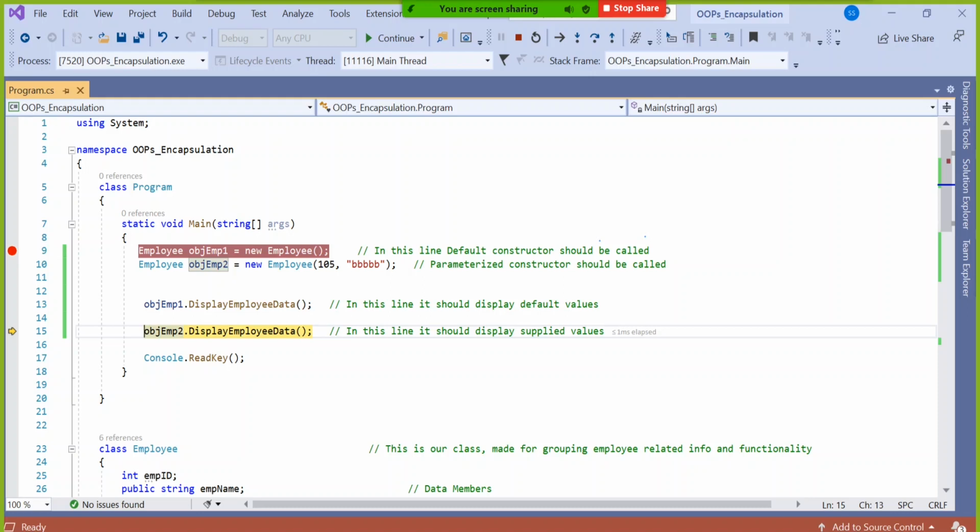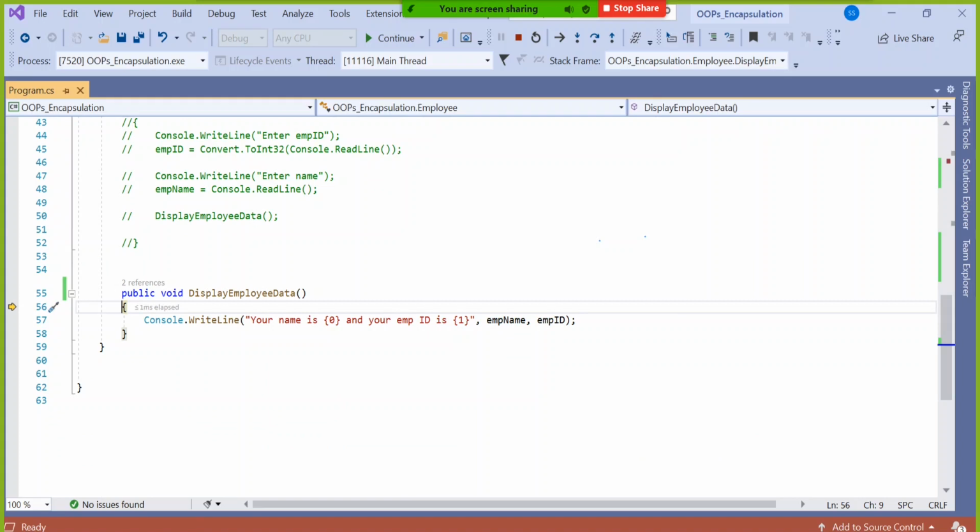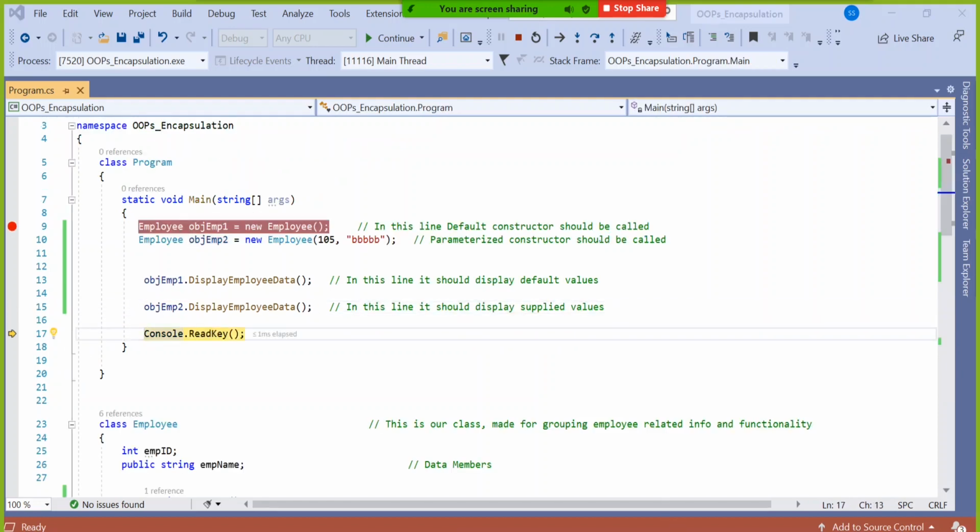If you want, you can ask user to enter also. Please enter your employee ID, please enter your name, then only I will allow you inside the application, something like that. So that you can supply also. I supplied hard coded data. You can ask user and supply also. I will tell you that also how to do. So here if I will press F11, now emp name will be the second object's data, that is BBB, and this is first employee's data 105. Then it will display say that second employee detail and it will come out of the program now.